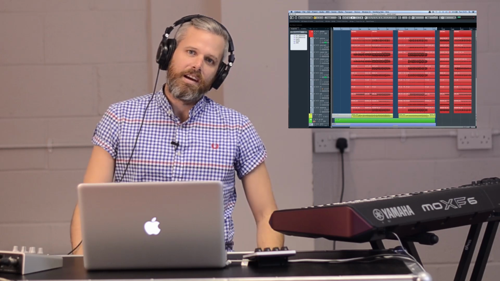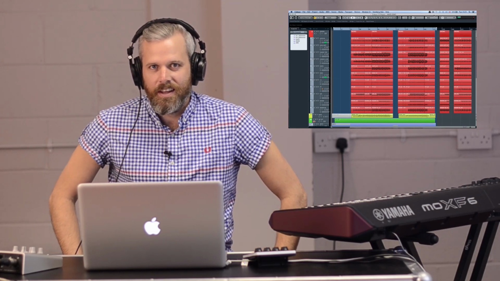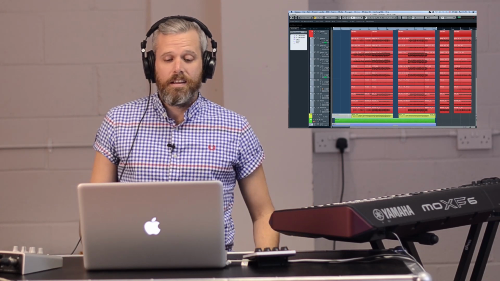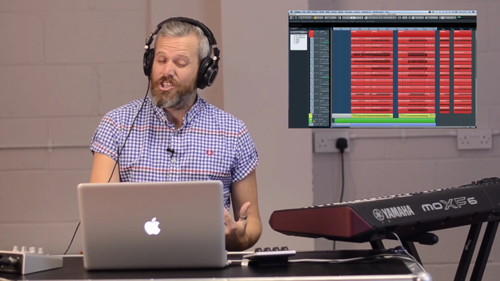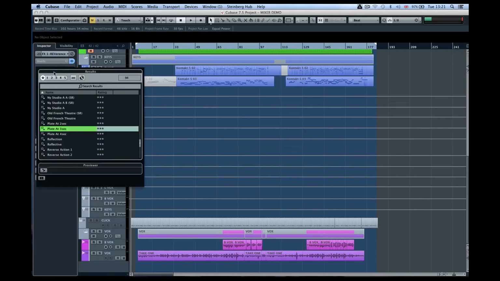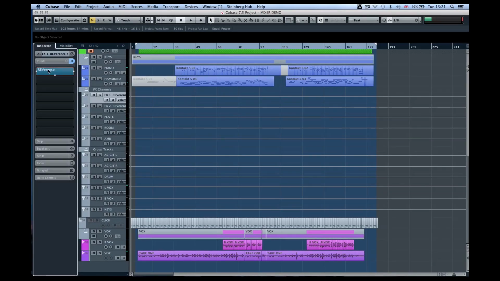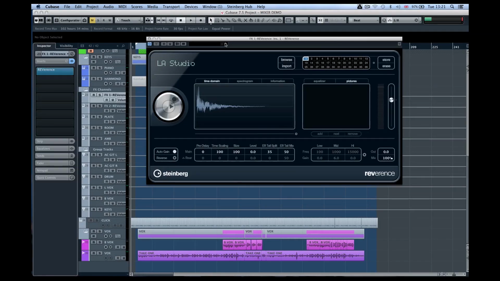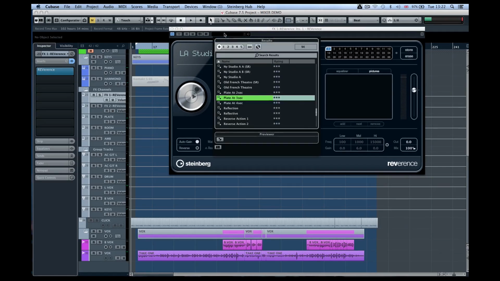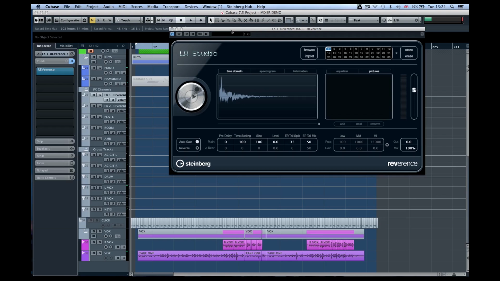For those of you that have used Cubase for a couple of generations now, when I say generations, I mean versions, you'll be aware that Cubase contained a fairly juicy convolution reverb, and that is REVerence. So if we have a look at it here, let me just load it up. You can see the interface there. So REVerence gave us lots of different presets and I guess lots of different possibilities to have our recordings simulated